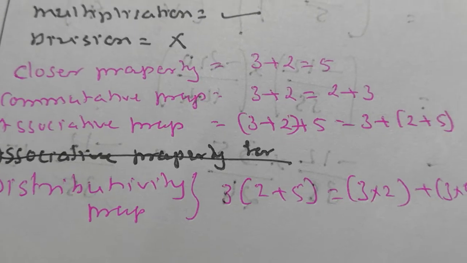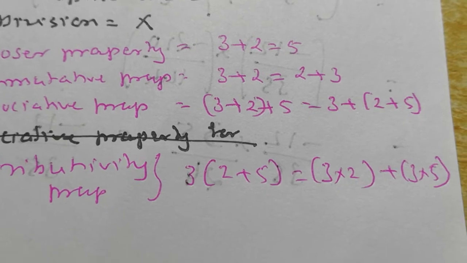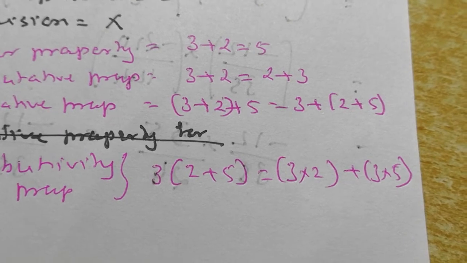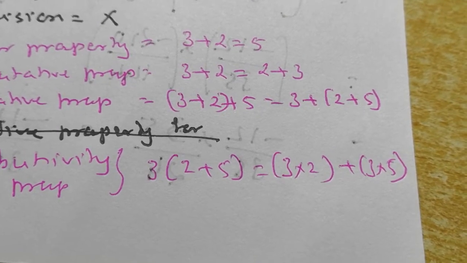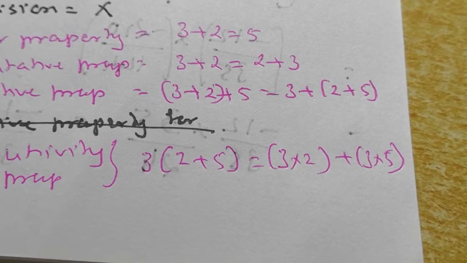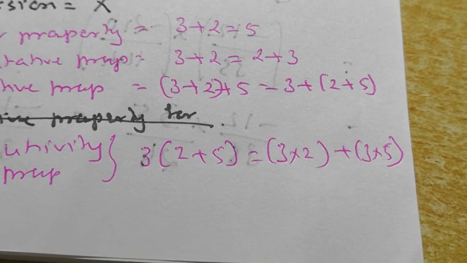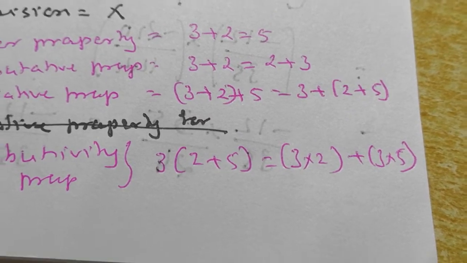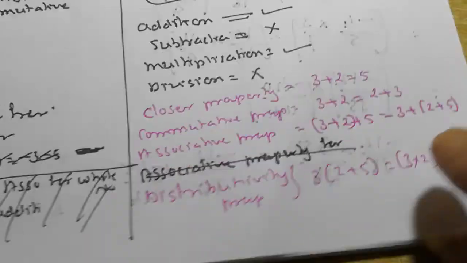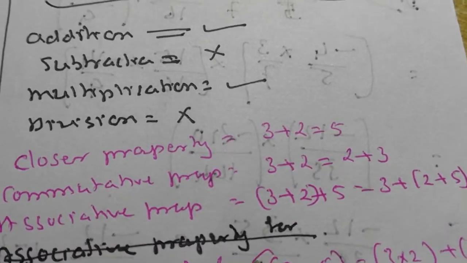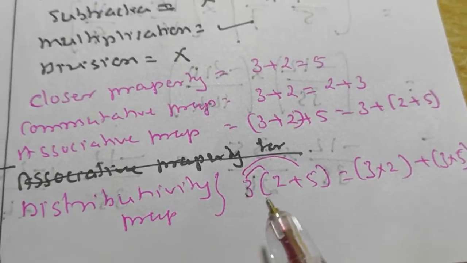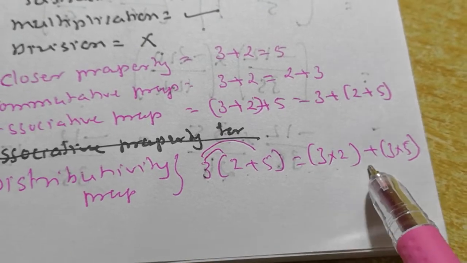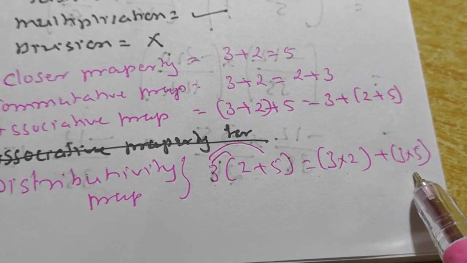Associative property is nothing but this. There are 3 numbers. That means you add any 2 numbers and then add the third number. The answer will be the same. So you can go with 3 plus 2, 5 plus 5 is 10. Or you can go in this way: 3 plus 2 plus 5. 2 plus 5 means 7. 7 plus 3 is equal to 10. On both sides you are going to get 10. Distributive property, that is 3 multiplied by, in the bracket, 2 plus 5. That means you are going to multiply 3 by 2 and 3 by 5. That is 3 into 2 plus 3 into 5. The answer will be the same.